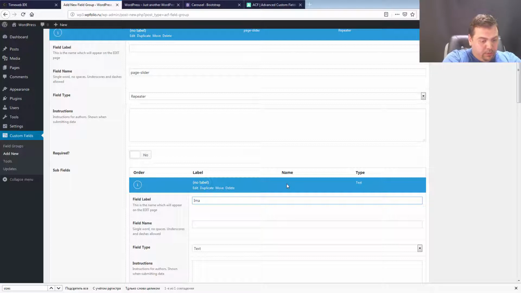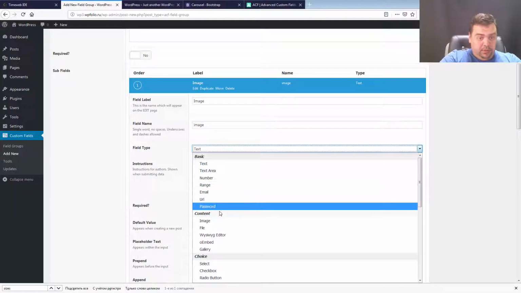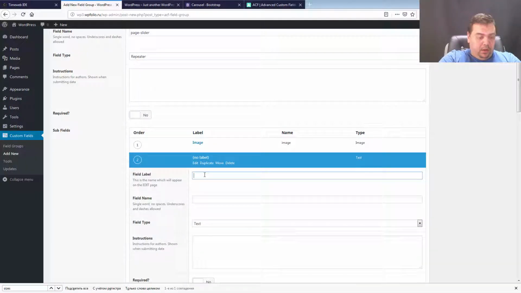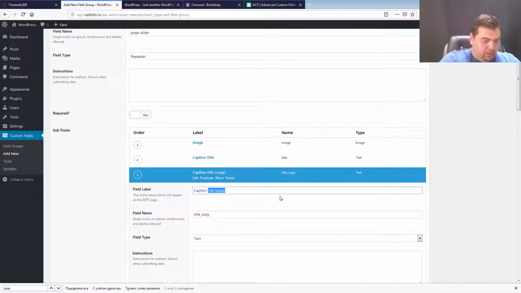The image, and the field type is image. I will add the caption title, and the field name I will shorten to title, and also I will duplicate it, caption text,